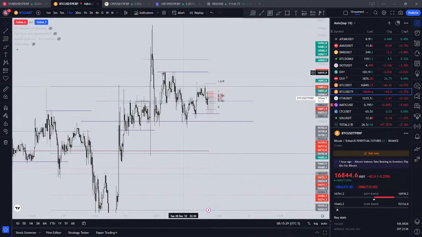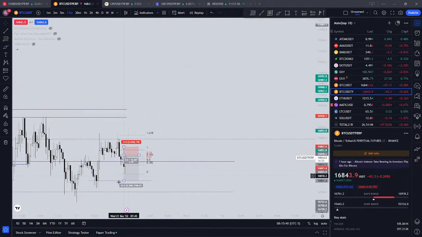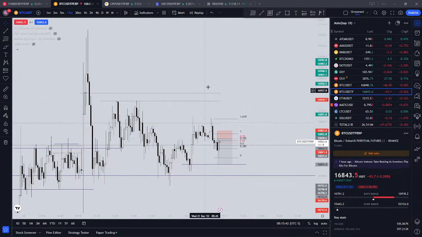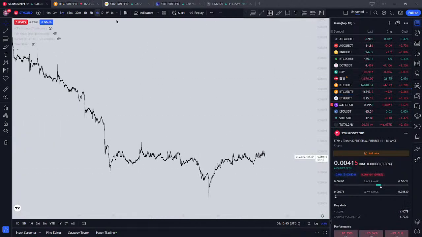So it would probably go for this order block if you consider this. So in the event that we go up, I would trace the move back as usual, and these would be my TP levels. But coming back to this, let's see what it's doing on